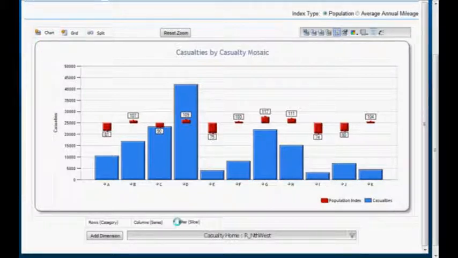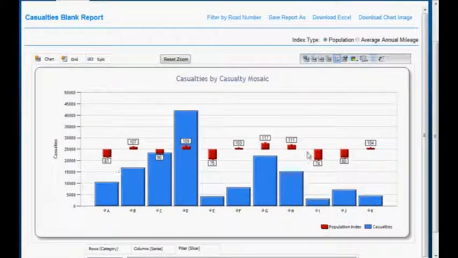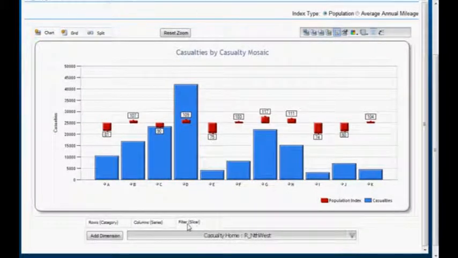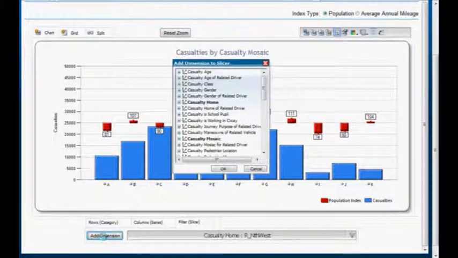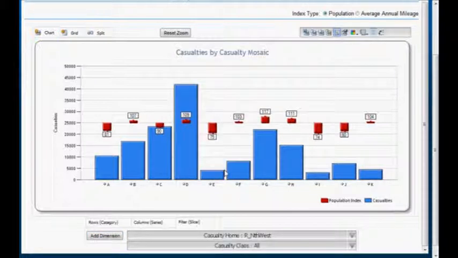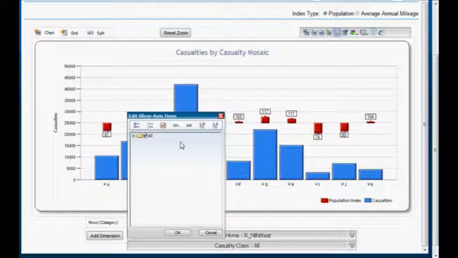But there's one other thing that I'd like to explain in this bite size. When I create a new indexed report, as I've just done, it's automatically based on the population of the home area. You can see it says index type population selected up at the top right hand corner there. But that's not always the most appropriate thing. If I was principally interested in pedestrian casualties, and to show you how to do that, I'm just going to add the casualty class dimension onto the Filter tab, which of course describes how a casualty came to be involved in a crash. If I filter that to pedestrian,